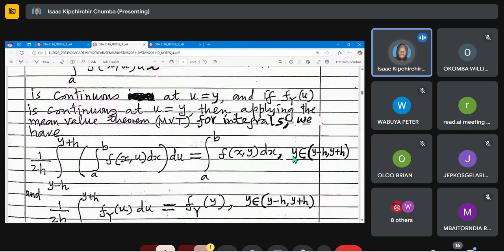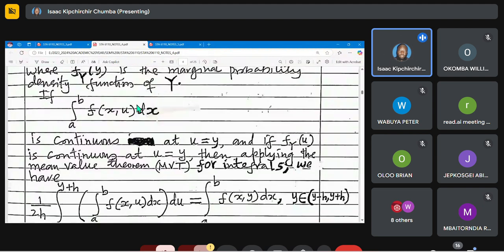The value will be the function evaluated at c. So it is the function evaluated at that value. Which value? y. So you are actually evaluating this function at y. So when you evaluate this function at y,